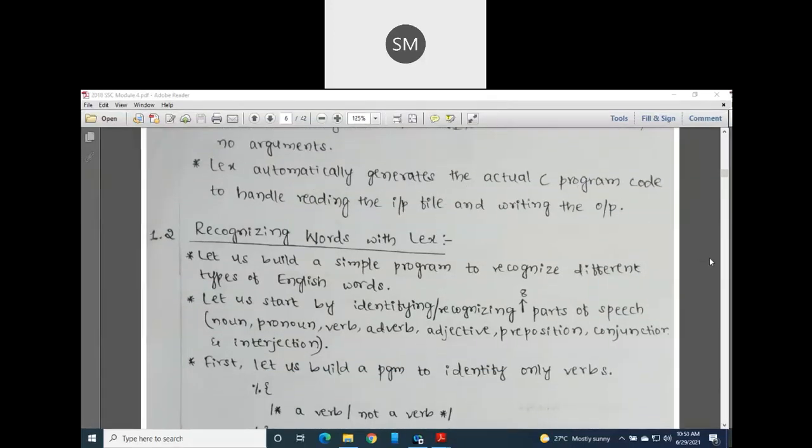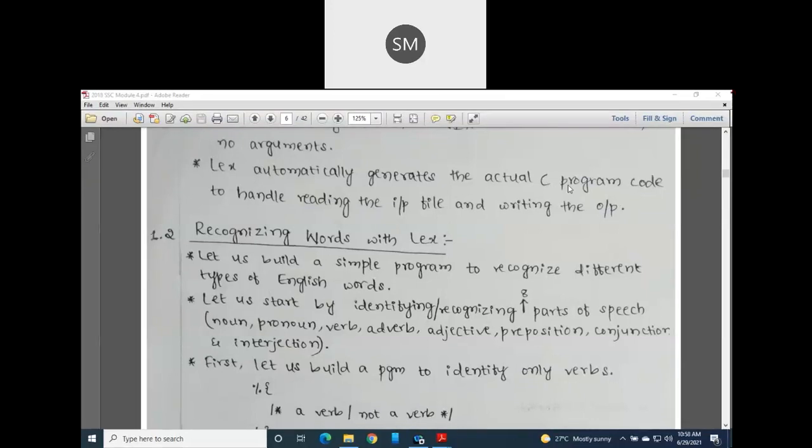Taking that Lex program as input, Lex generates C program code to handle reading the input file and writing the output. So Lex has taken the .l file, that is the Lex file, as an input, and it has created a C file.